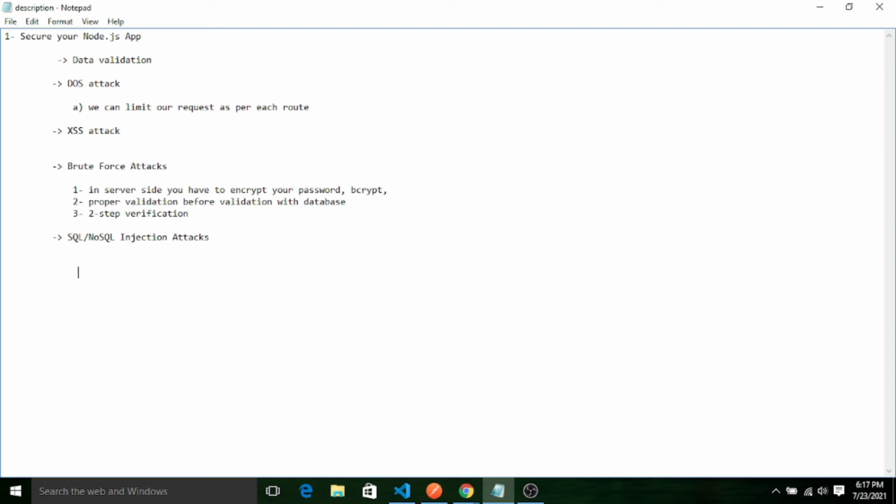The fourth one is SQL and NoSQL injection. I think this is a very familiar type of attack. Everybody knows about this one. If you are using a SQL database, you have to use a parameterized query.